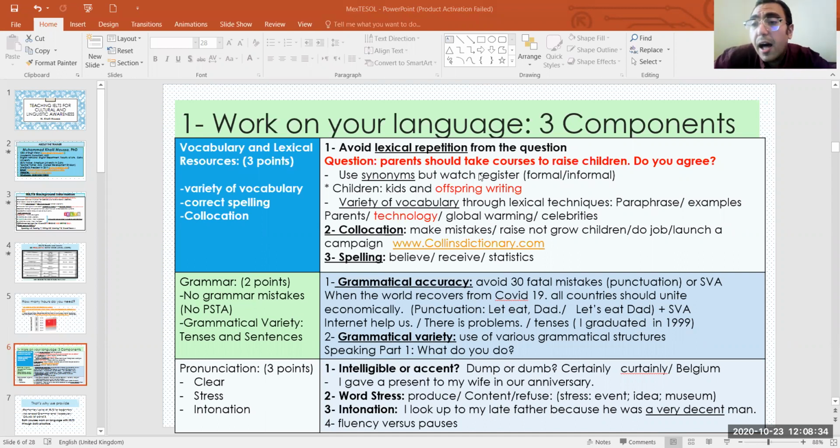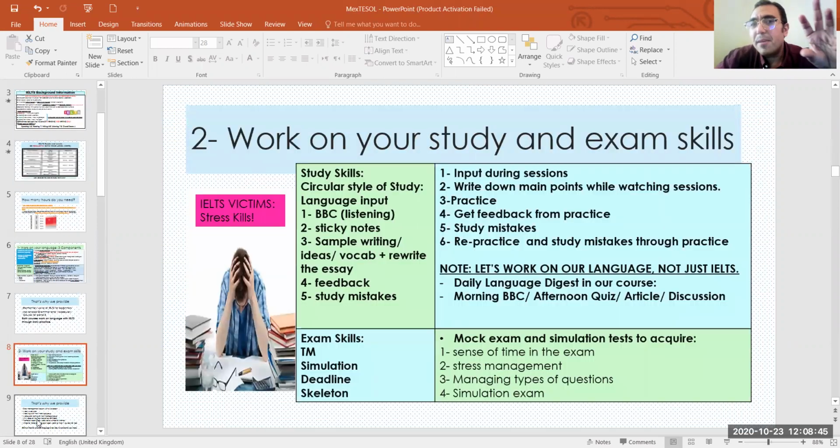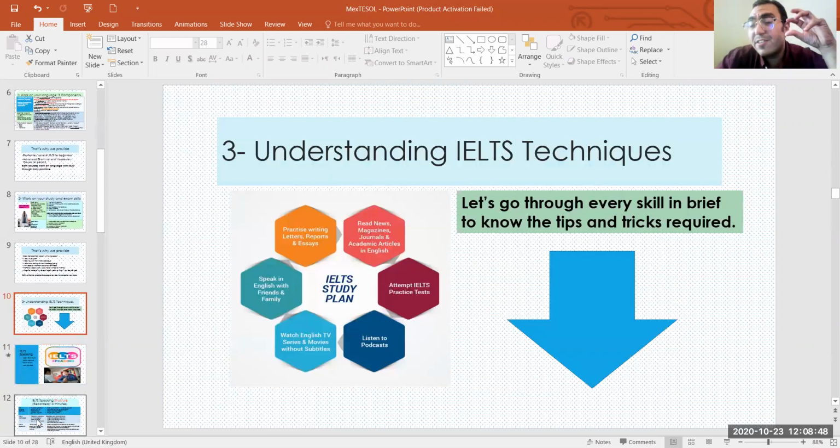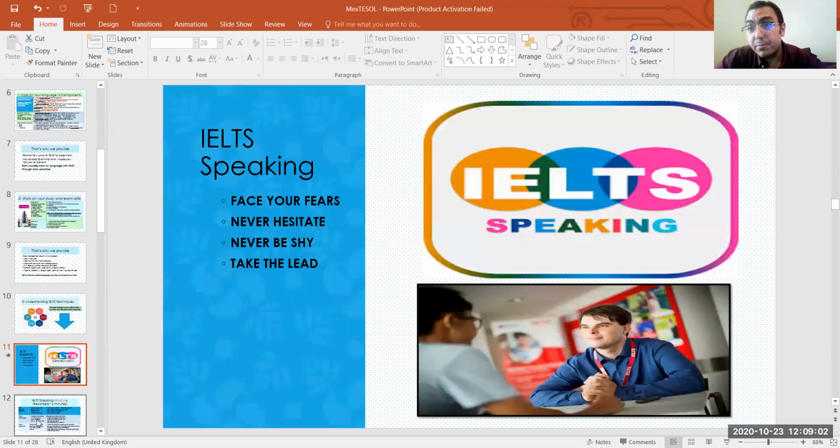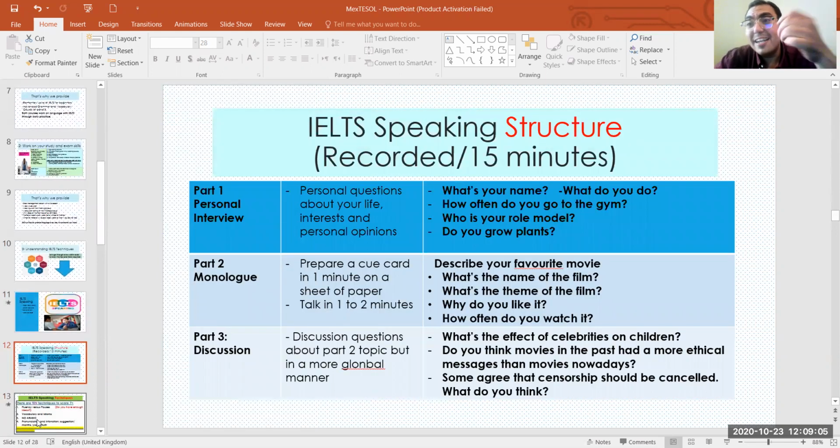For your information, IELTS is not just for language awareness. The funny thing about IELTS is that it is sometimes also used for cultural awareness. Let me give you some examples about that. It's through understanding the techniques of IELTS that you actually attract students' attention to some cultural aspects in Western culture. For example, I don't know if you're aware of that or not, but in the IELTS speaking, we've got 3 parts.